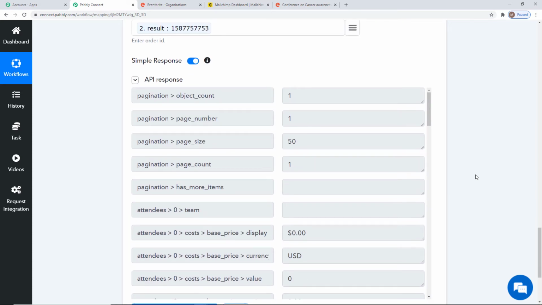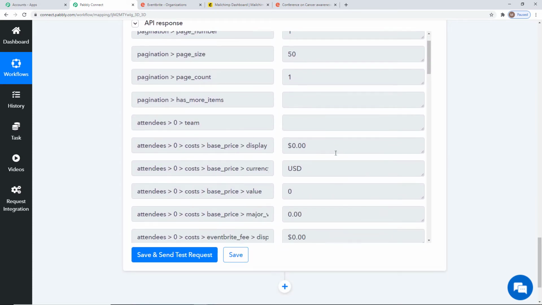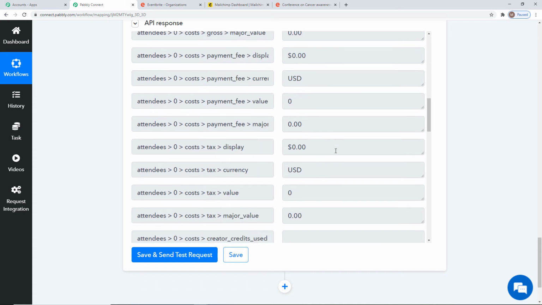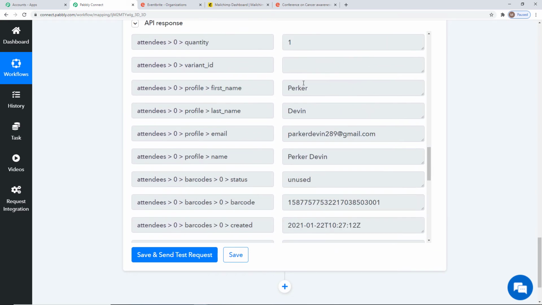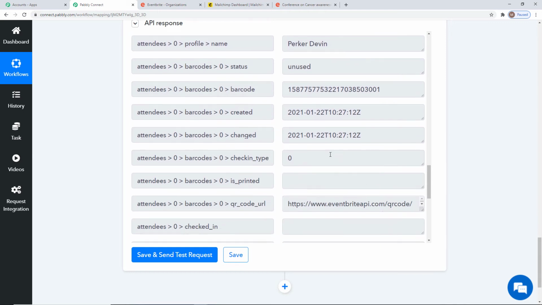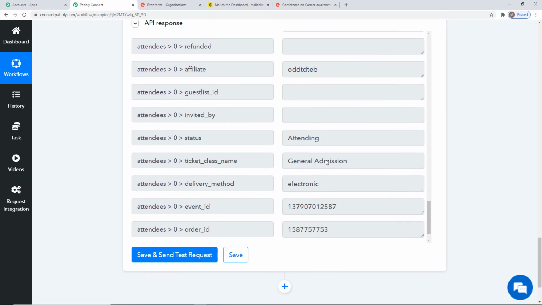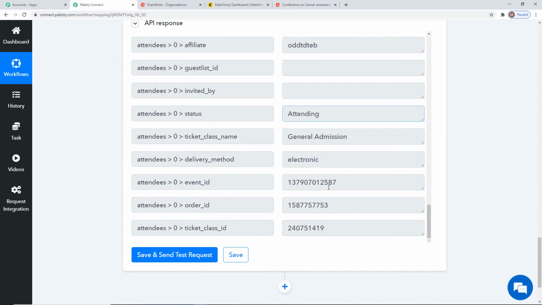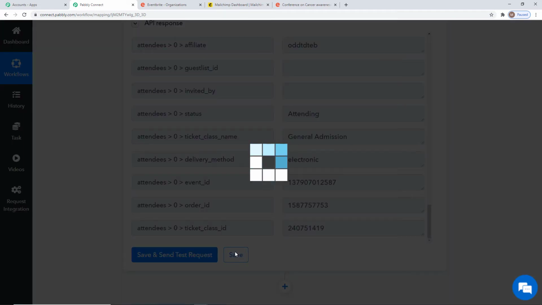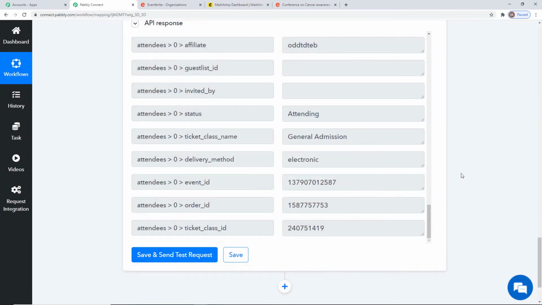Okay, we have the API response over here. Let us go down and check. You can see the first name, last name, email of the attendee. If you come down, you can see the barcode, fine. Attending, the status is attending, fine. Ticket class name, delivery method. Okay, I'll save it. So here we have successfully finished our first step integration, that is integration of Eventbrite